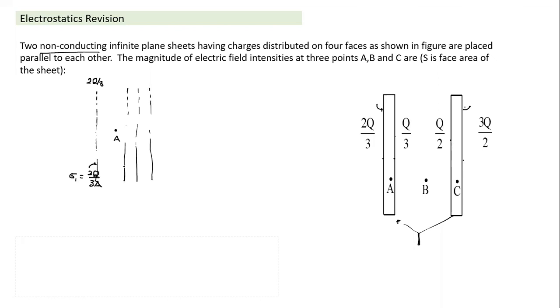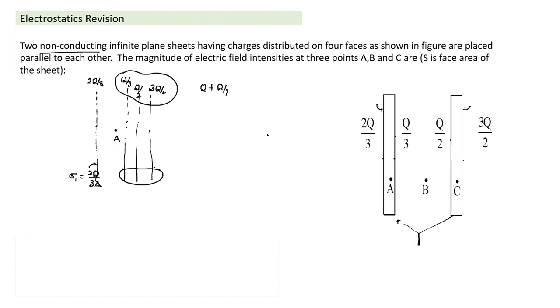So when we have these sheet charges, the field due to these 3 charges, what are these charges? Q by 3, Q by 2, and 3Q by 2. The field due to them, if the charge is positive, is independent of distance. Since field is independent of distance, I can combine all 3 sheets together. All sheets on the same side I can replace with one sheet having a charge equal to the sum of these charges, but I cannot combine these two, since they are on opposite sides. So I can combine these 3, and it will become Q plus Q by 3, that is 4Q by 3.